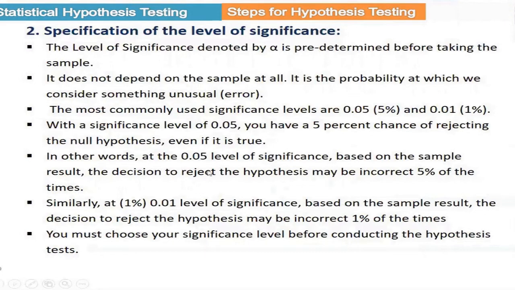Here we are doing the less mistake. 5% time we are doing more mistake. 1% time we are doing the less mistake. So this is the level of significance. We will talk still more about this. So just remember, before going to test, we have to specify our level of significance, maybe 5% and 1%. But standard is normally 5%. That is 5% time we are going to reject the null hypothesis when it's true, you are doing 5% mistake and 1% you are doing 1% mistake. That is more accurate.